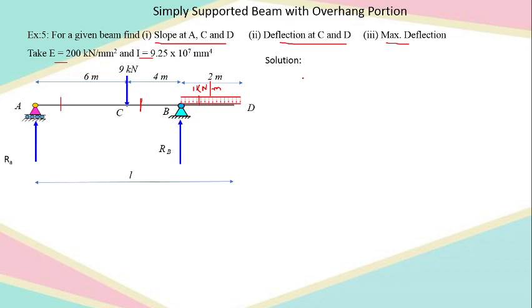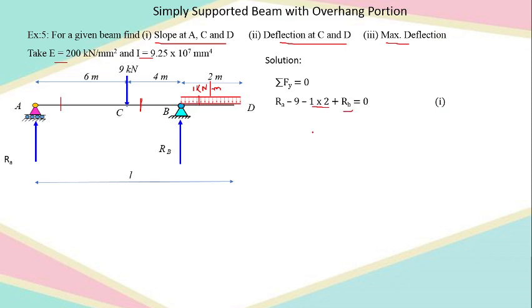Let us move ahead with the application of the second condition of equilibrium, that is sigma Fy is equal to 0, and we'll add all these forces left to right algebraically with respect to magnitude as well as direction. So here comes the first equation. Ra minus 9 minus 1 into 2, that is the equivalent point load acting exactly at the center, intensity multiplied by length, plus Rb is equal to 0, right?